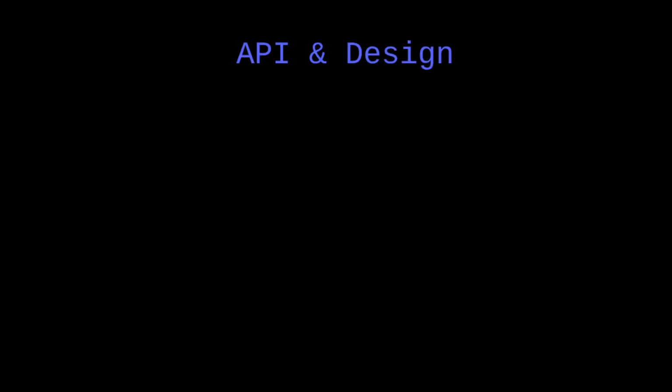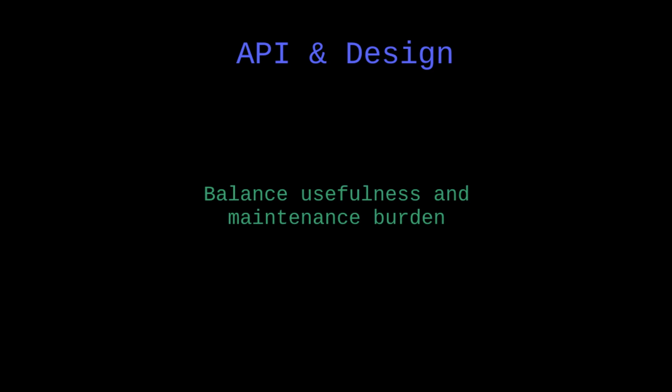I also want to take a look at the design or the API of the code. I want to make sure that I've thought through how I can maximize the utility I will get out of all of this work while not overcomplicating it, right? I don't want to add in lots and lots of code. I want to keep the maintenance burden low. A way I like to think about this is I want to make the effectiveness of my code high. So I'm going to be looking for a good ratio of utility to maintenance burden